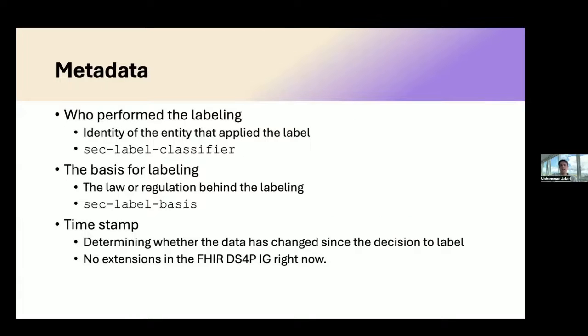And then as for the metadata, I think there are a few that are identified in the FHIR DS4PIG. We have a mechanism to record who performed the labeling. That could be the identity of the organization or the software, like the particular version of the software that actually invoked the labeling. The basis for labeling, the regulation or whatever jurisdictional or organizational policy that requires the labeling, can